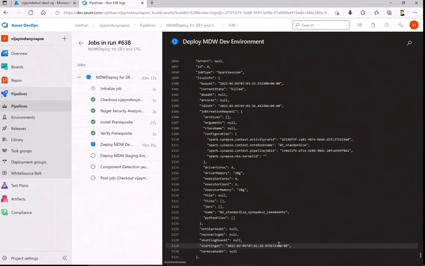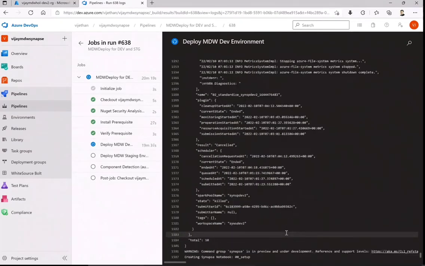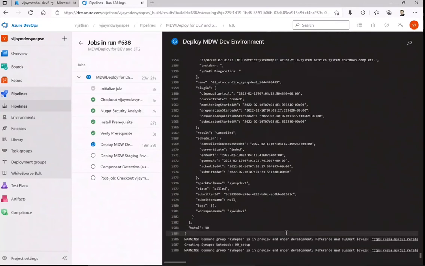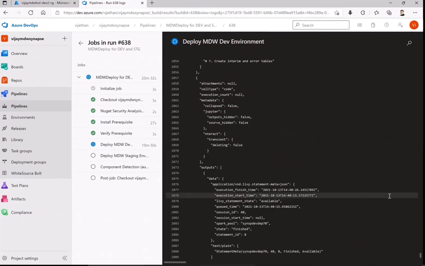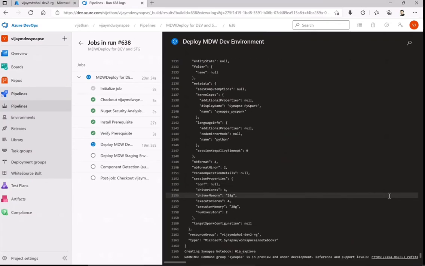Okay, so it is now creating the data sets. And it will also upload the notebooks for the integration pipeline, which runs inside your modern data warehouse. So it is trying to upload that.